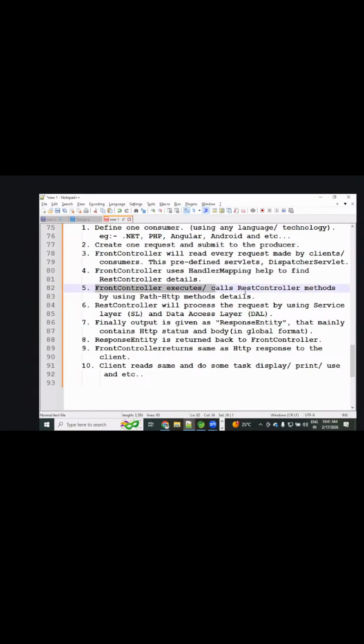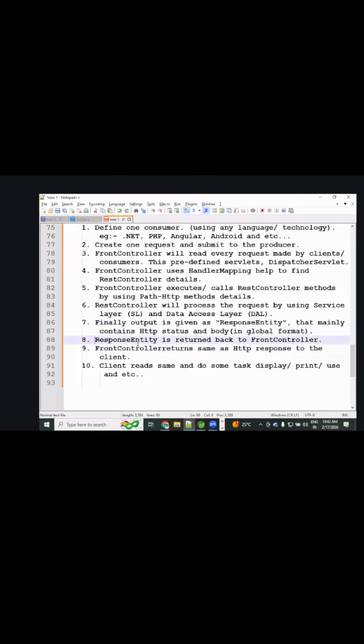Front controller executes or calls the REST controller methods by using maybe path variable or HTTP methods. The REST controller will process the request by using service layer or maybe data access layer. Finally, the output comes as response entity, that mainly contains HTTP status and body, that too in the global format.